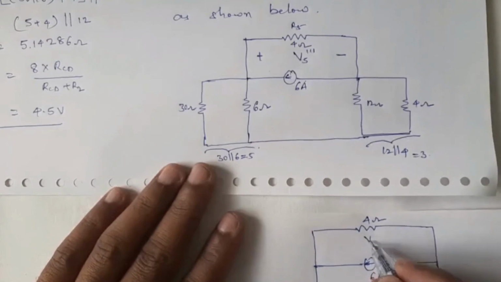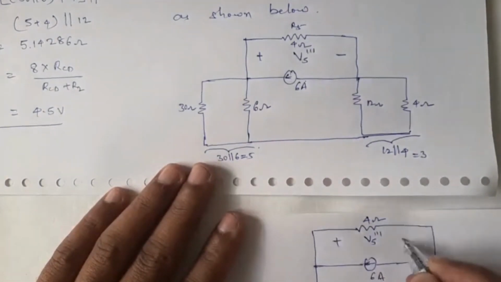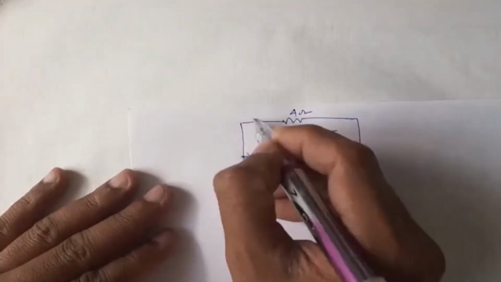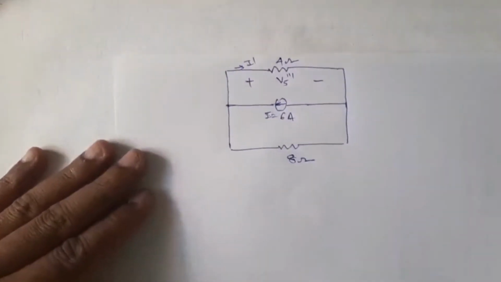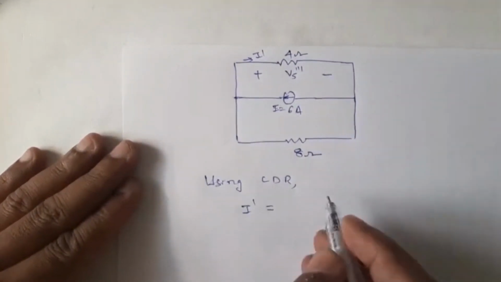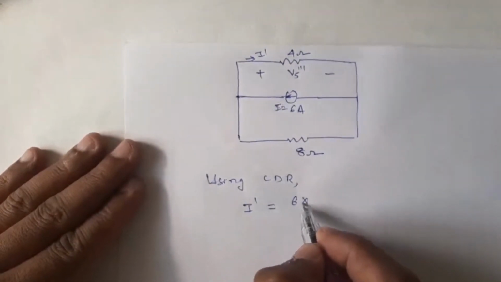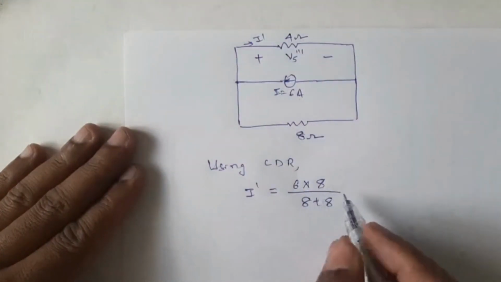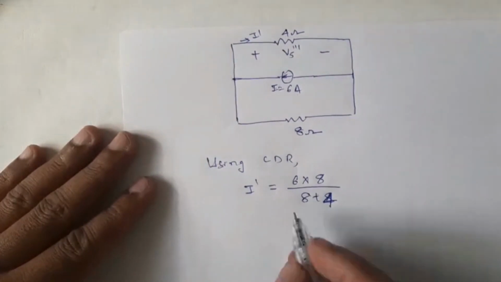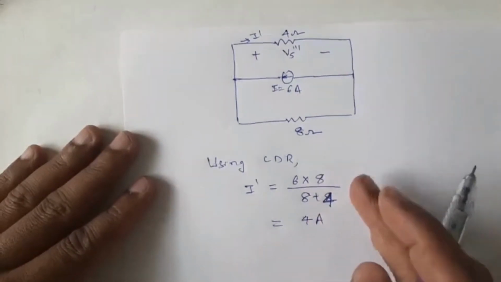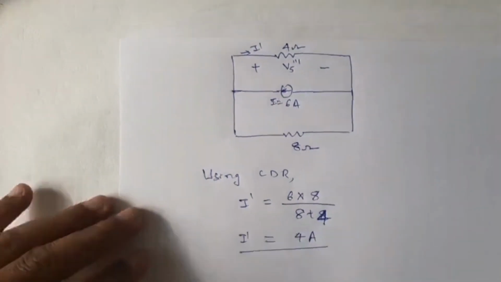So here you are supposed to find V5 triple dash with positive and negative. And this is 6 amperes. So a simple thing now, using the current division rule you can find. Here say this is some current I, I is equal to 6 ampere, and I will consider this as some current I dash. Using the current division rule, I dash is equal to the main current, 6 ampere, into the resistance of the other branch, 8, divided by the sum of the resistors, 8 plus 4, which is 48 divided by 12, it is 4 ampere. I dash is 4 amperes, which is the current flowing through this.